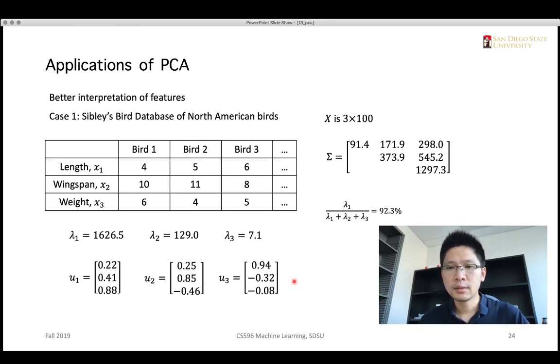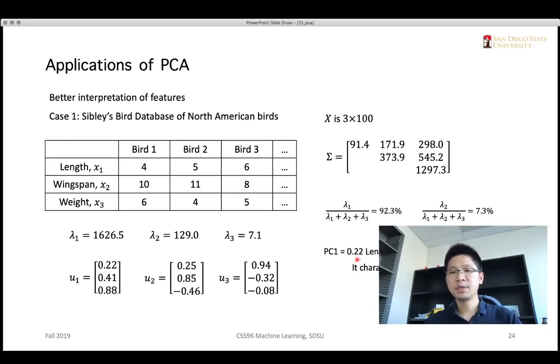So the first principal component accounts for 92.3% of total variance. So what if we just use the first 2 components, PC1 and PC2, to represent the data? Because they almost account for 100% of the total variance. So PC1 is 0.22 here, and 0.41 and 0.88 times the original features. So we can think of PC1 as kind of a general